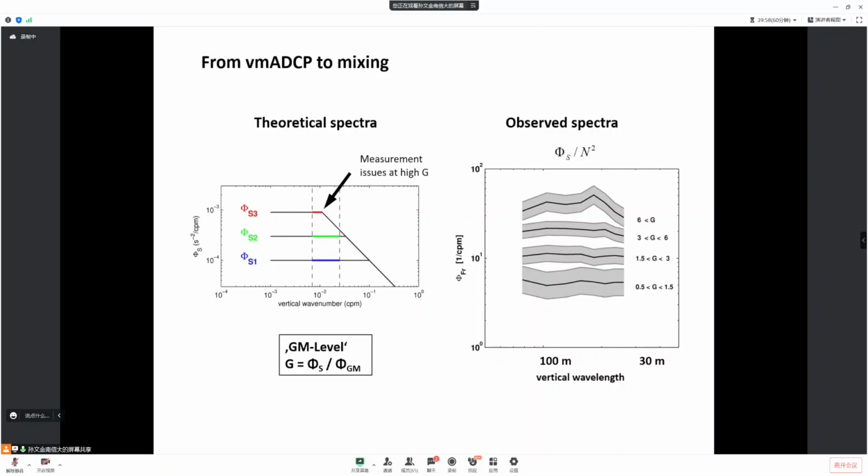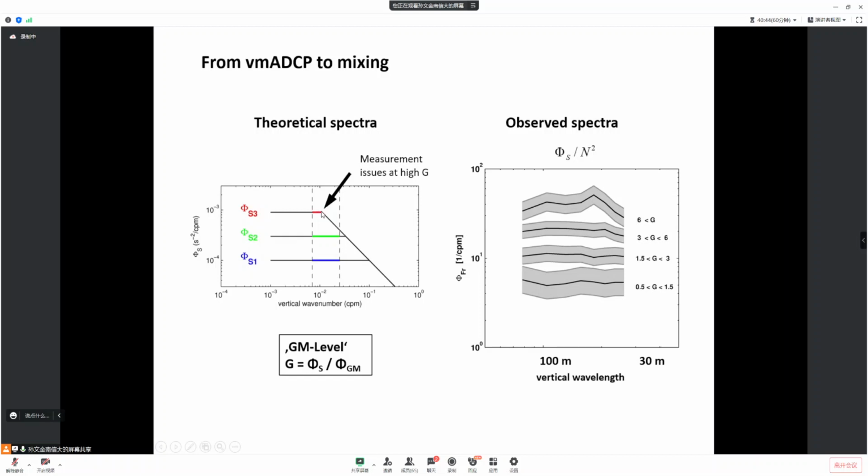And here on the left, we see that the spectrum remains flat, so we can still use our Garrett-Monk level now to characterize the amount of shear energy which is in the velocity field. But as soon as we come to very high Garrett-Monk levels, there's the risk that we get into that roll-off part of the spectrum. And this is usually about a Garrett-Monk level of 10 or more that we get into a bit of trouble, and in the end can't really